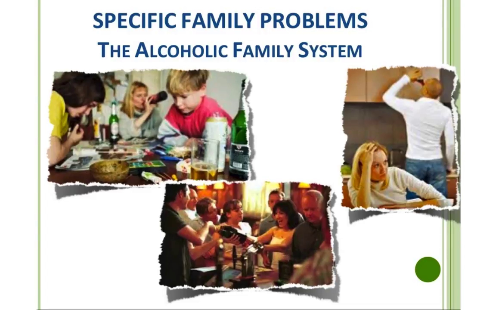specific family problems. Members of an alcoholic family can learn a number of lessons about family life: that alcohol is the center of family life, that alcohol can make things better. This is how they interpret what's going on, and alcohol abuse is a family secret to be covered up. So these are members of an alcoholic family. This is what they learn about their family life.